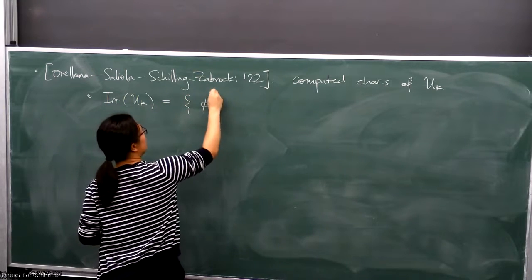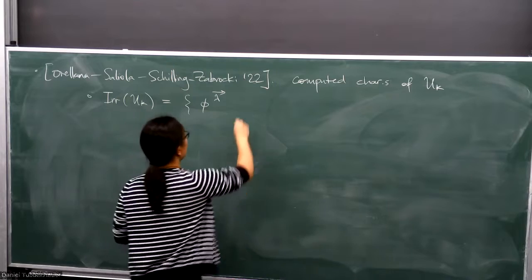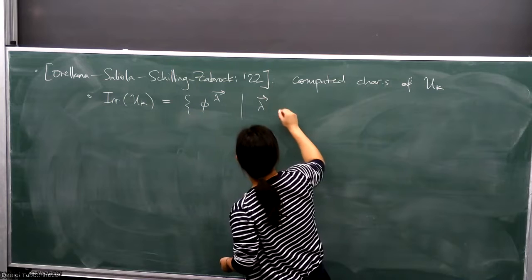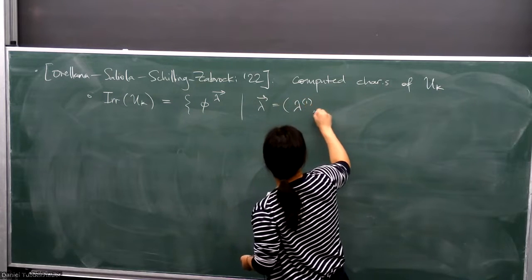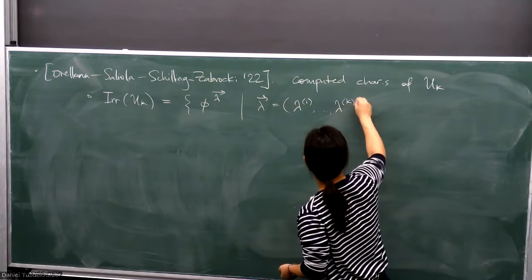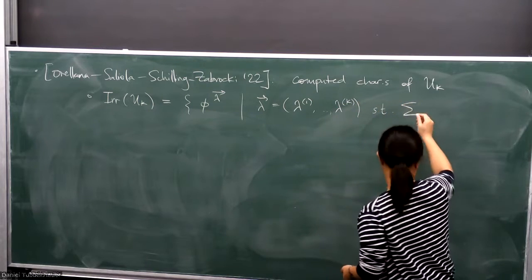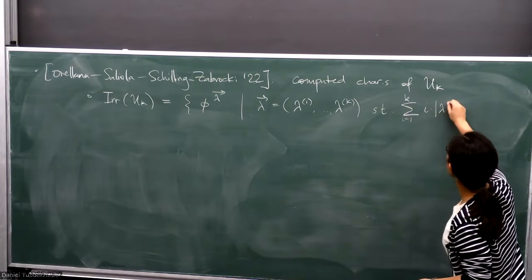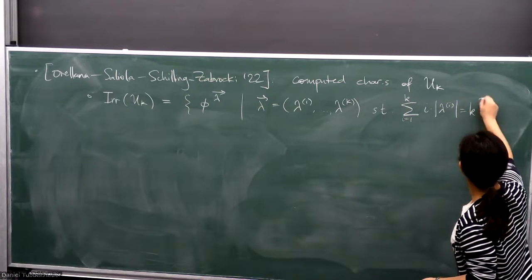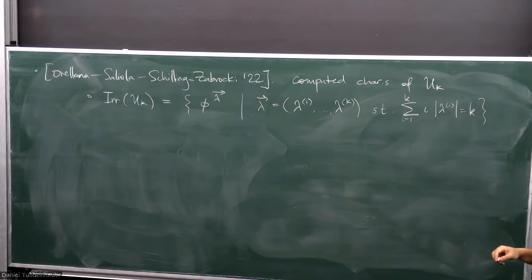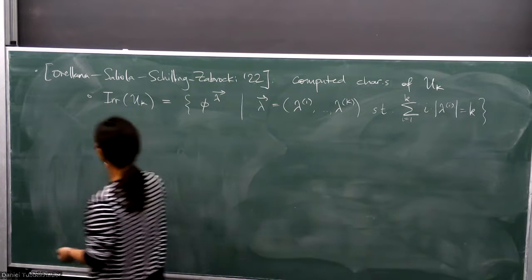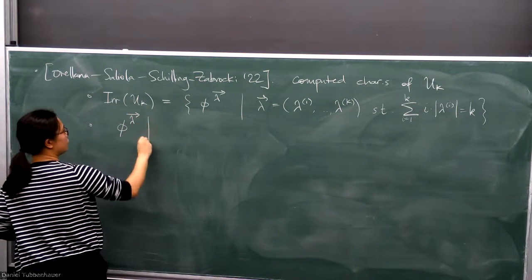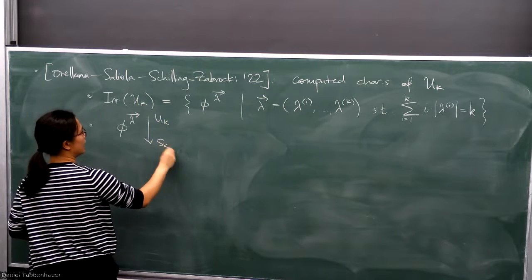So these are indexed by tuples of partitions. The tuples themselves aren't very hard to describe at all. Here, lambda bar is just a sequence of k many partitions such that the following weighted sum, i times the size of the ith part, is k. And in particular, they show that if we take this irreducible and we restrict down from U_k to S_k, then